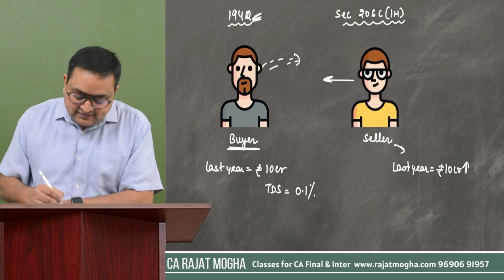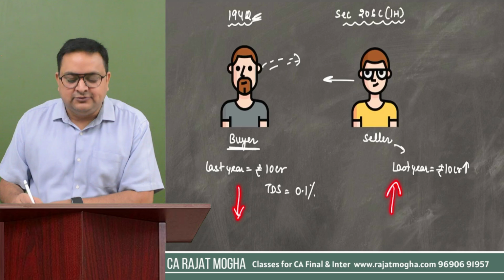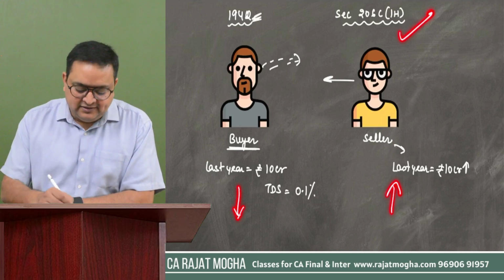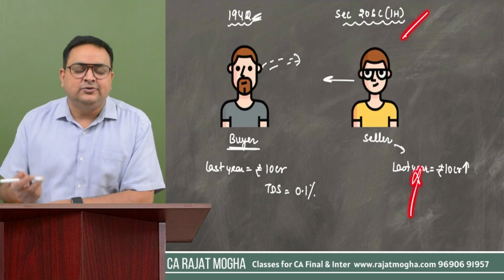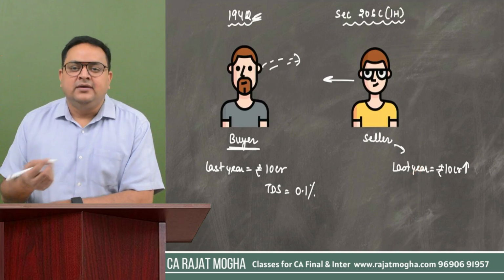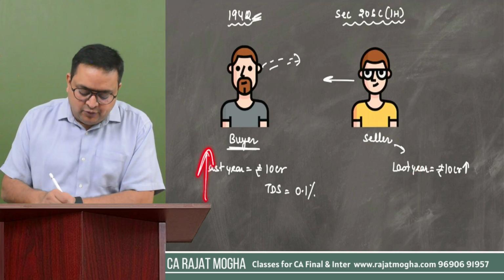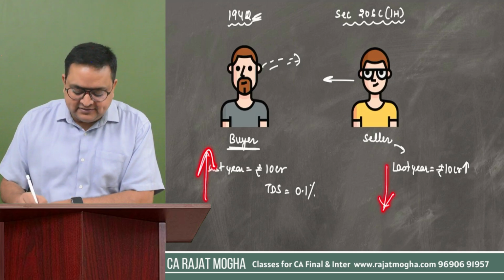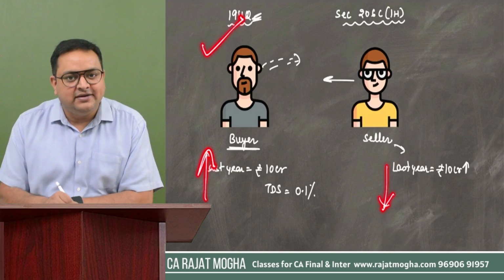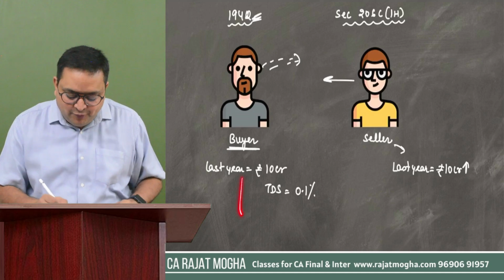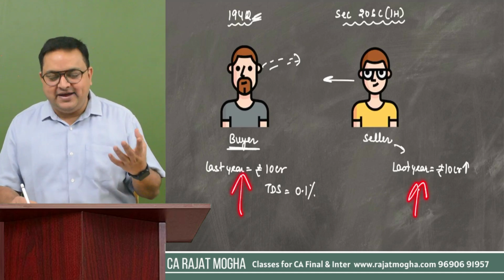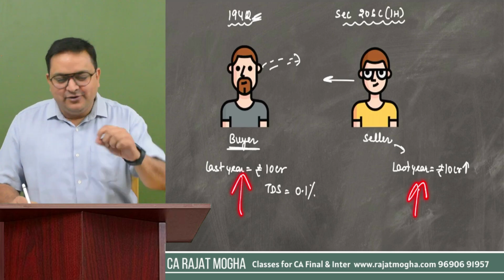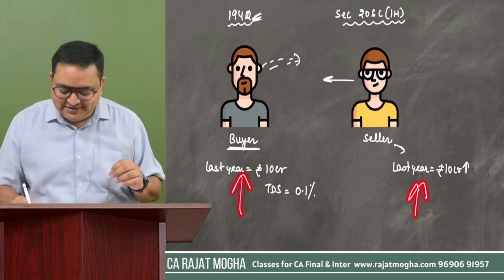Okay. In case buyer turnover is less than 10 crore, but seller turnover is more than 10 crores, in that case, this section will apply, obviously. 194Q will not apply because buyer turnover was less, but seller turnover was more. So in that case, TCS will apply. Similarly, if buyer turnover is more than 10 crore, but seller turnover is less, obviously 194Q will apply, right? But what will happen if both of them have a turnover which is more than 10 crore? So which section will apply? Tell me. Don't learn this. Just tell me, apply the logic.